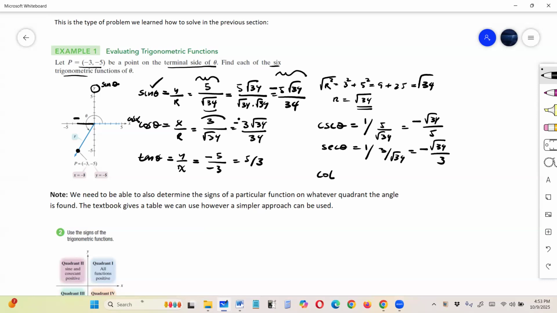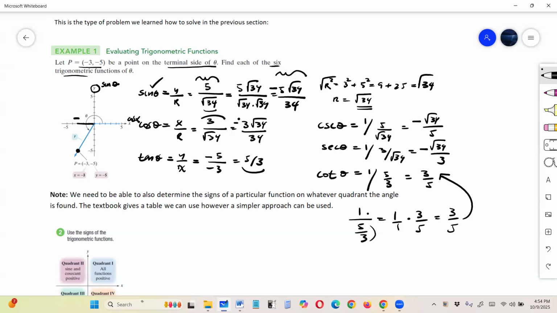Cotangent is 1 over tangent, and it's positive, so it's 1 over 5 over 3, which is 3 over 5. Let's just multiply by the reciprocal. You know how to do this. I'm not doing it here because I am assuming you know what to do. So keep the first fraction as is and invert the second one. So 3 over 5. Okay. So we have the 6 trig functions,